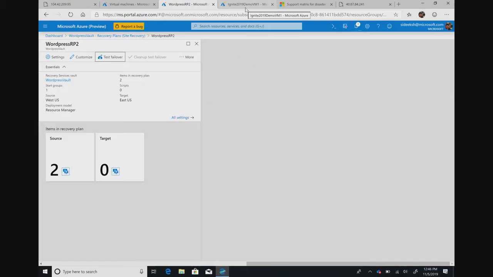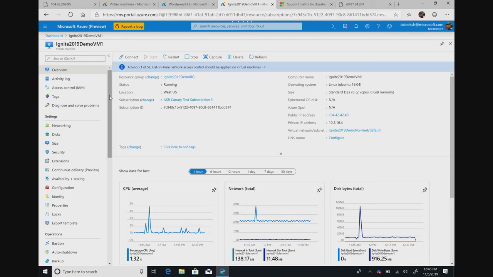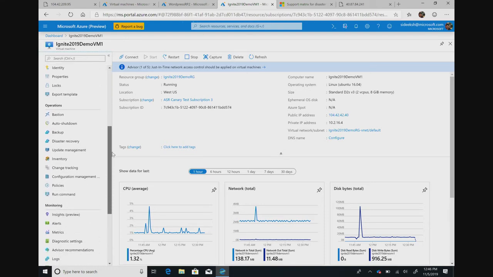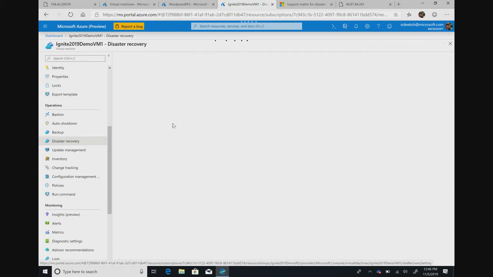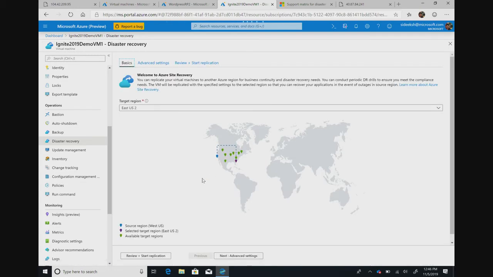So I have a demo VM set up here in Azure. All I need to do is on the left-hand side blade, under Operations, go to Disaster Recovery. And what you see here is a map, right?